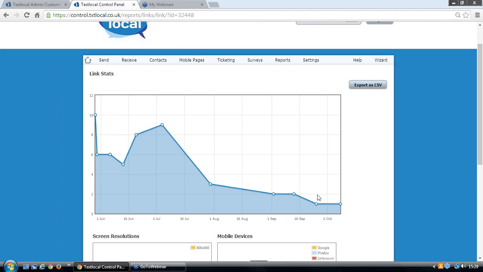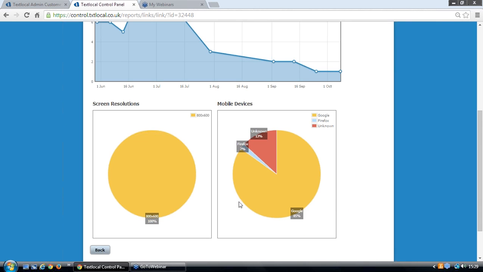Finally, before I let you go, I'm conscious we're coming up to the half an hour time slot now. I just want to show you the reporting section. Here, it's not the most glamorous based on the functionality I've already showed you, but in my opinion, one of the most important parts of the system, because here you're able to cleanse your database as well as proactively follow